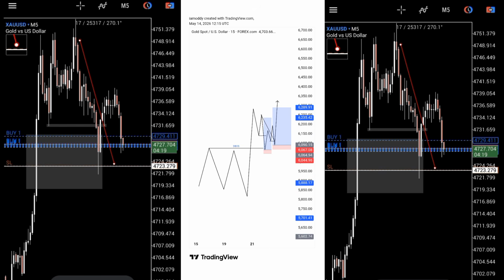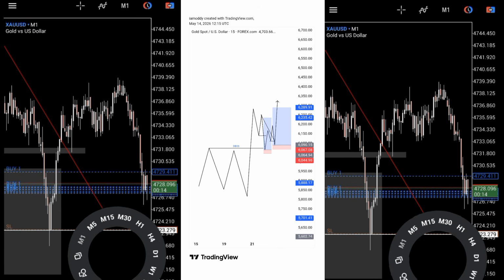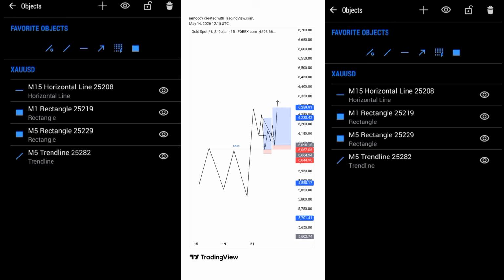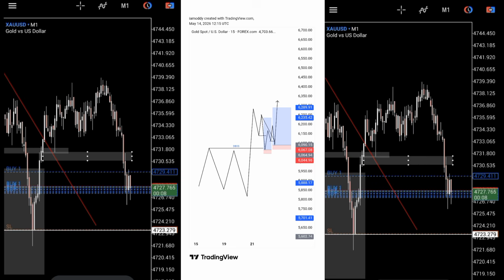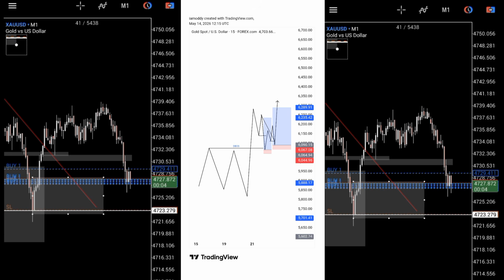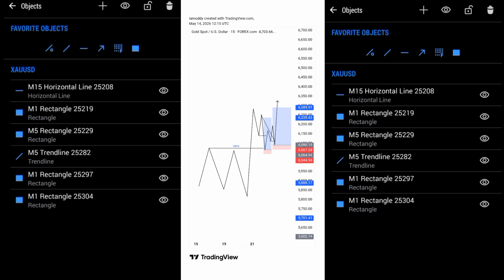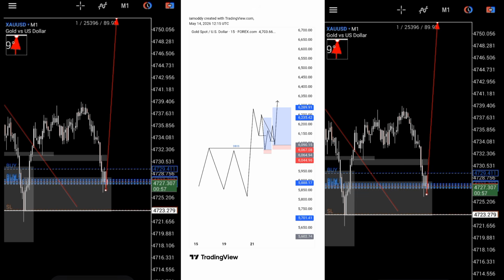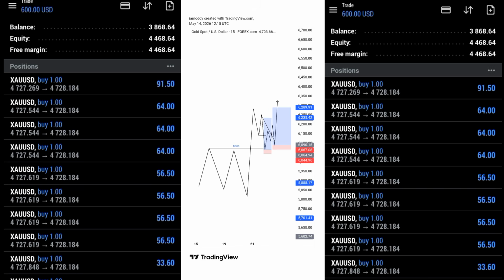You all know that I use trend line breakout a lot. So if price breaks a trend line, I wait for it to form liquidity, and then after it forms liquidity, I wait for it to tap the nearest point of interest. As you can see, the nearest point of interest in this video is the order block. As soon as it tapped the order block, I entered immediately, and I'm expecting the market to take off from there.